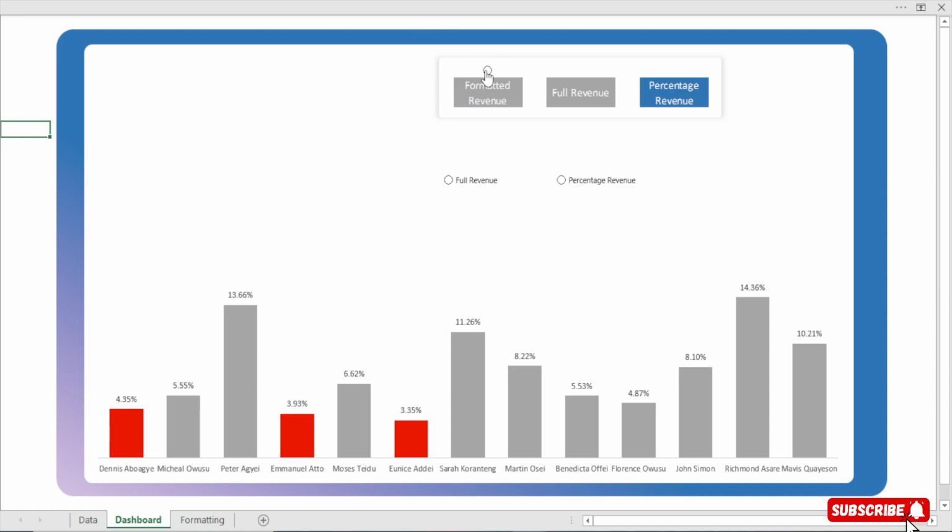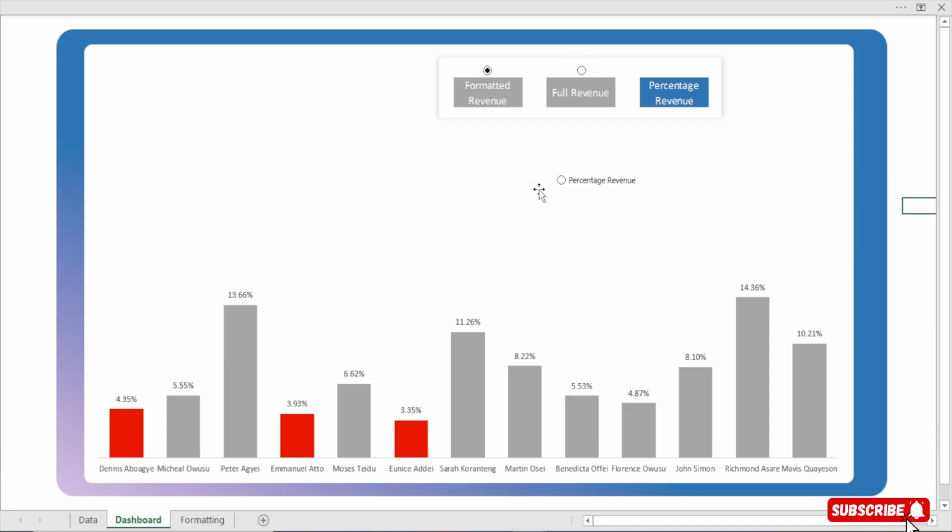So now we can select. Because we brought it here, I think the selection has changed, but don't worry, we are going to correct that. So this one too, right? Hold your Control, select it, and then delete everything. So this one is going to be Full Revenue. We position this one here. Perfect.